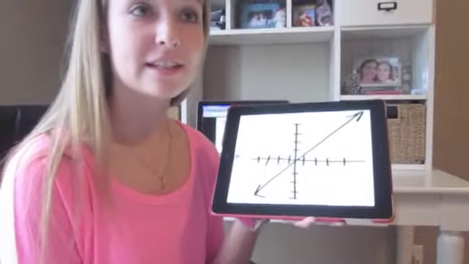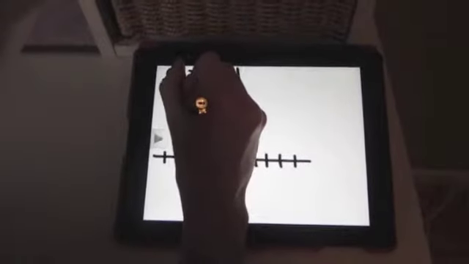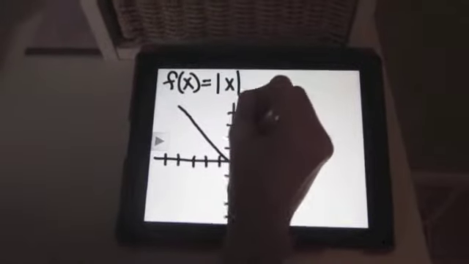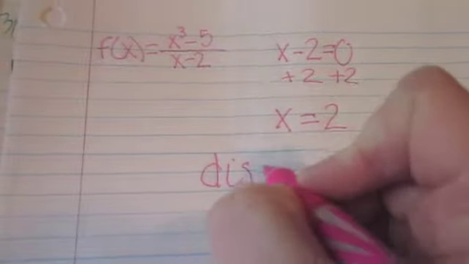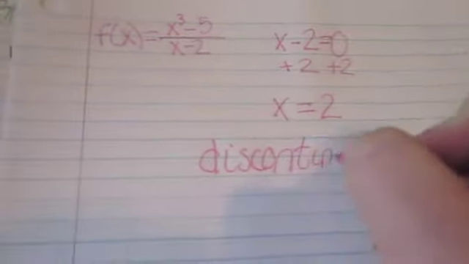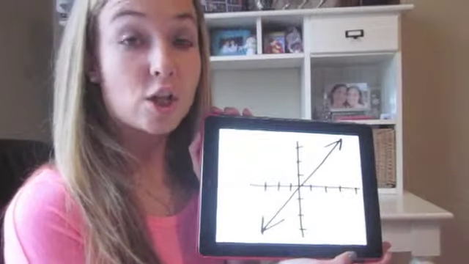Do you think this is continuous or discontinuous? We all know that the absolute value function looks like a V. Shoot. The graph is discontinuous. Because all straight lines are